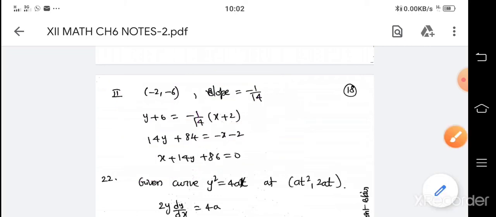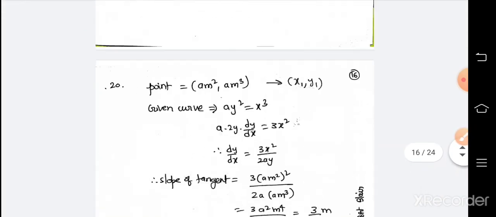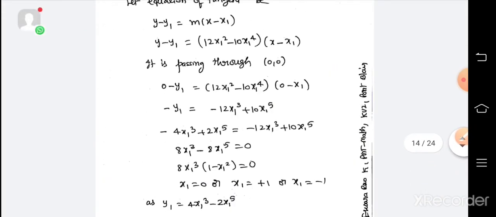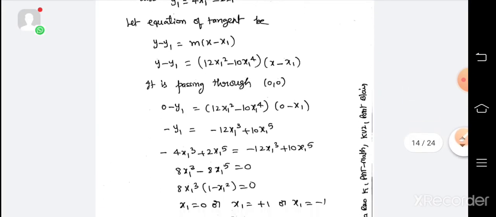This is also a very important question. You may get it for 6 marker, remember. The passing through question is very important. The model is very important, 19th and 18th are very important for 6 marker. 18th model is very important, okay.